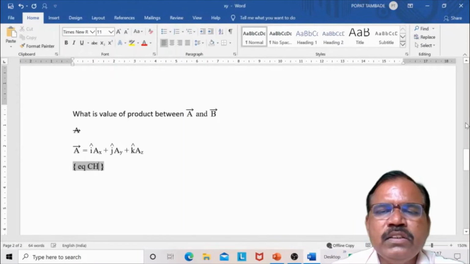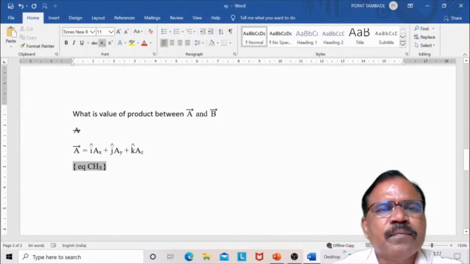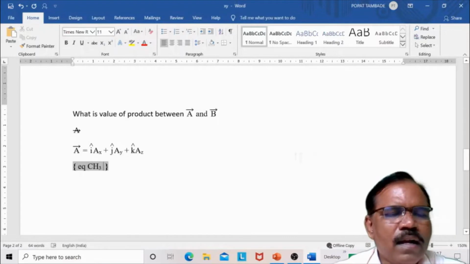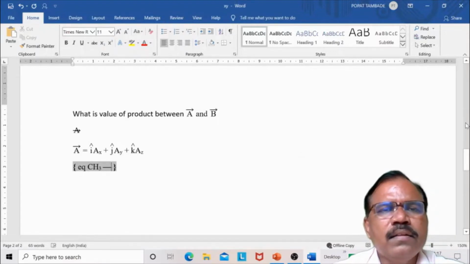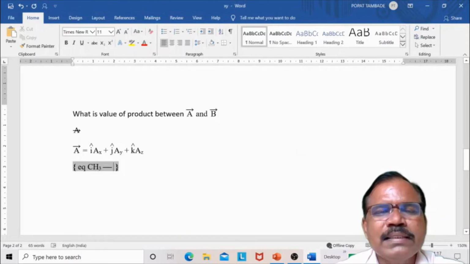Now CH3. Now this is for the bond. So I have assigned some key for this line.